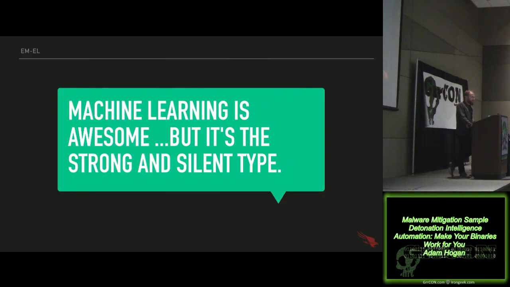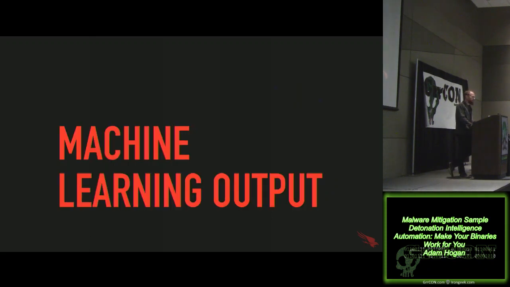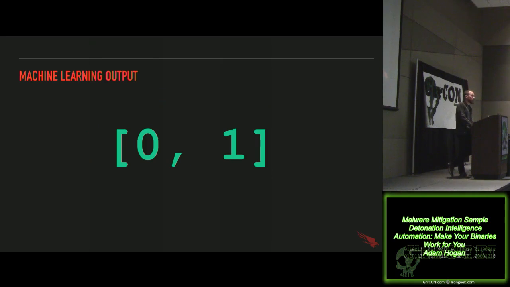Machine learning is pretty awesome. The detection it gives us is amazing, but it's a strong silent type, by which I mean we are extraordinarily limited in the output we get from machine learning. We give it all the data we can, and what we get in return is nothing but a number on the unit interval. So a number between 0 and 1, and you can scale it, I guess. That's not really important. That's all you're really getting out of machine learning, though. So not very verbose or forthcoming with its decision process or what's going on there.